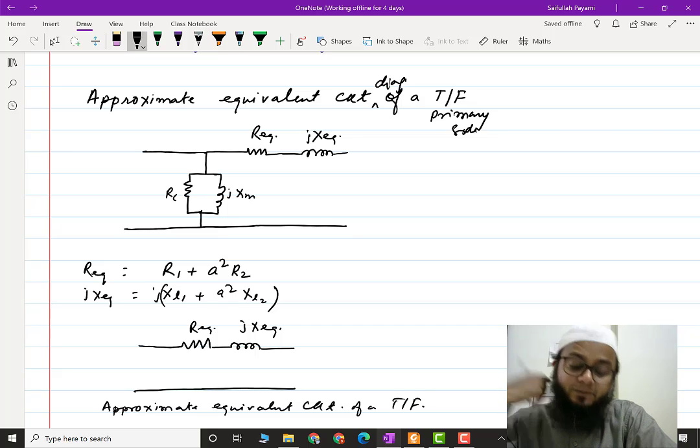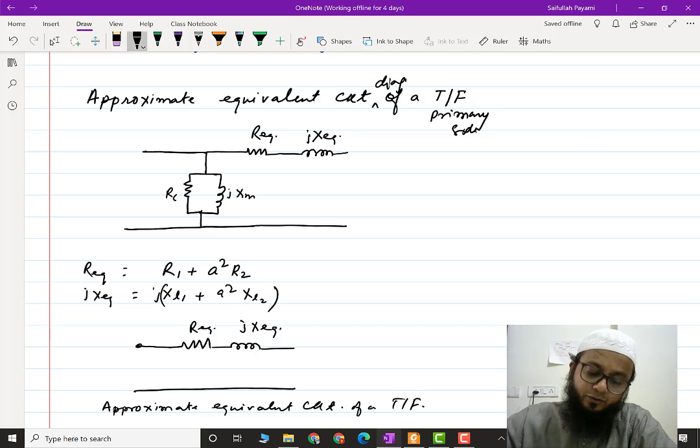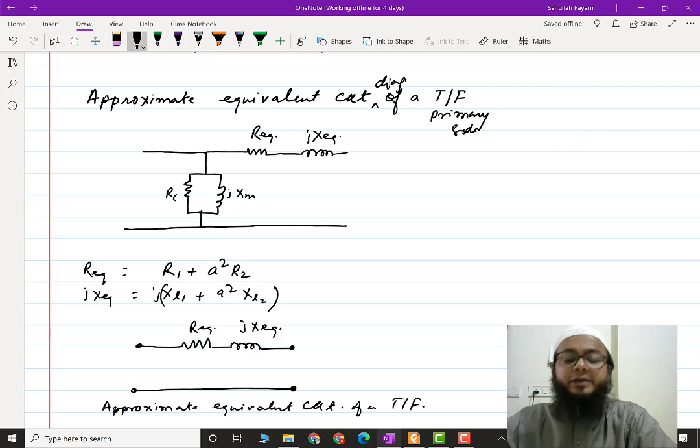So as per our application, how we are using our transformer, we can approximate the equivalent circuit diagram of a transformer. Okay,